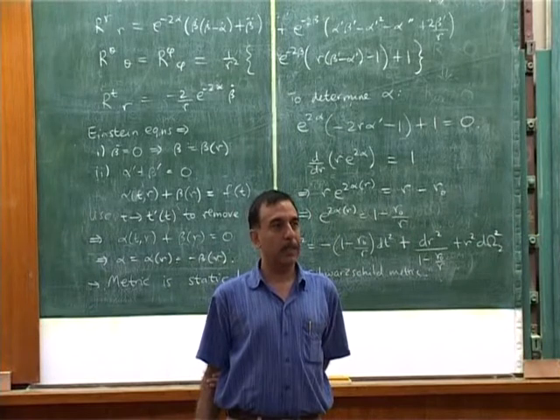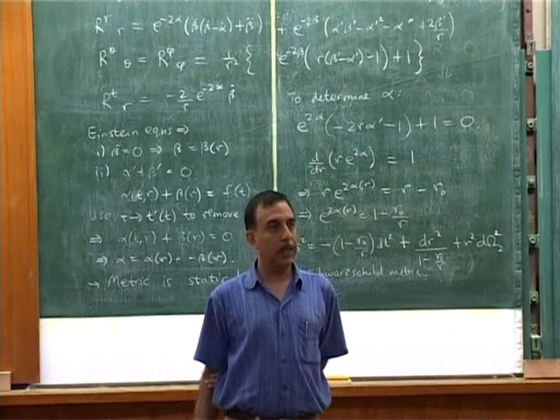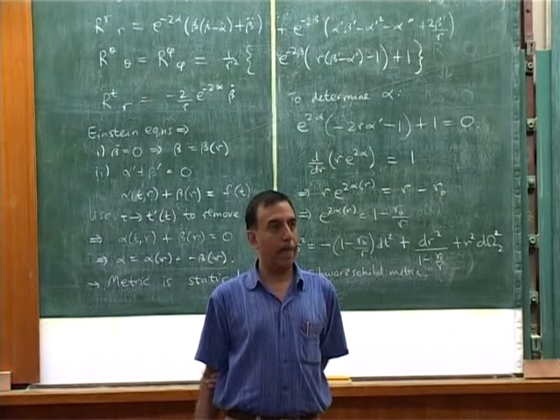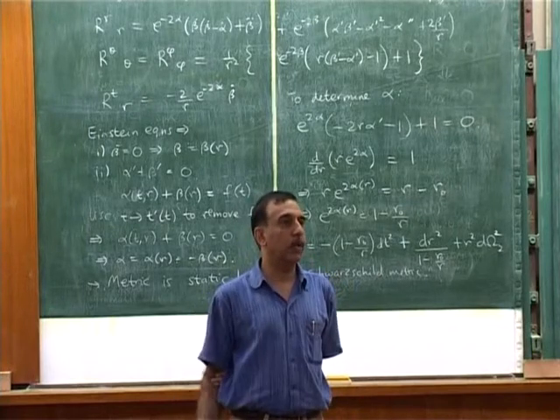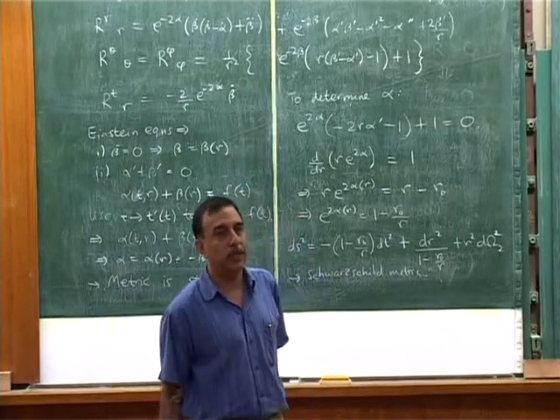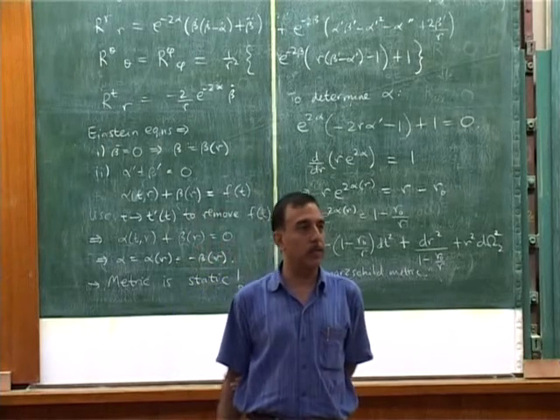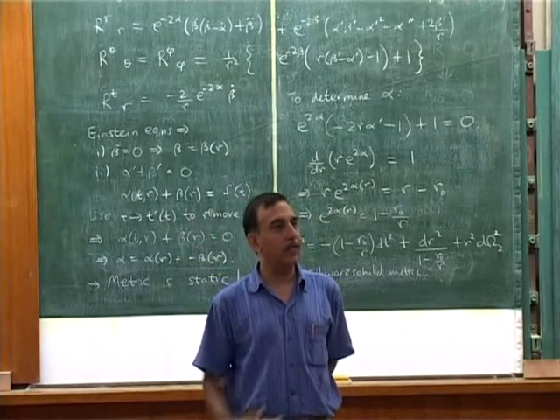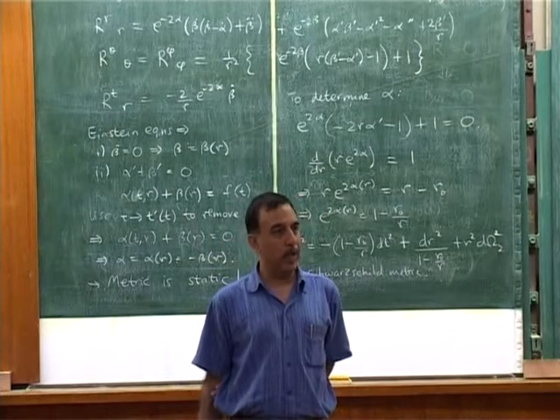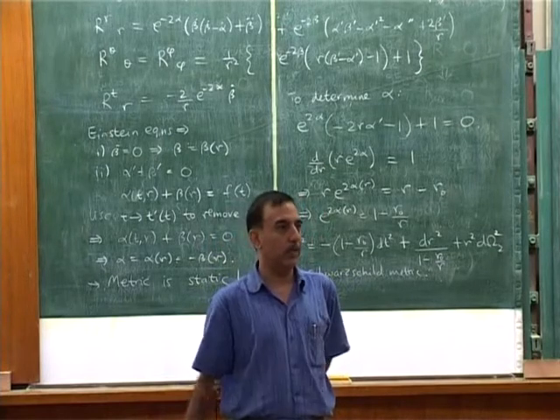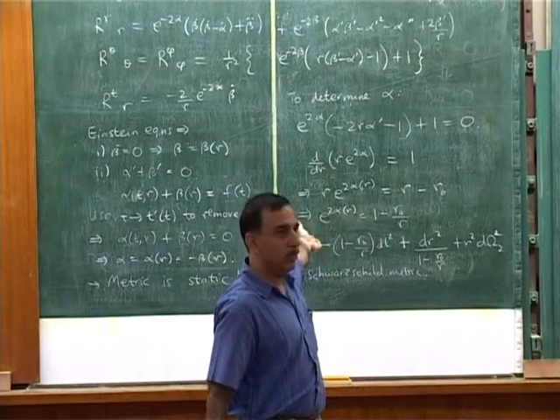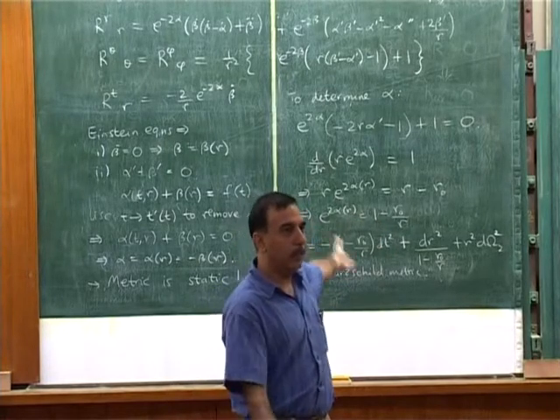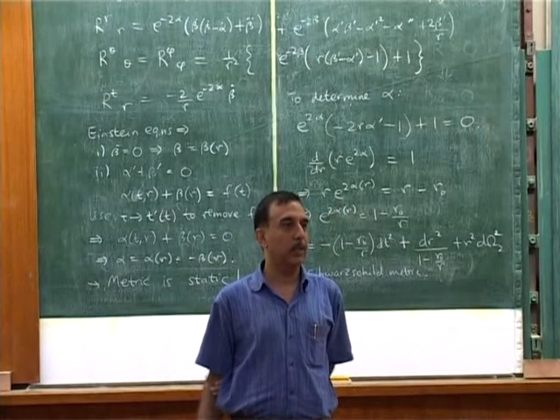Yes. The point is, in general, if you go to synchronous coordinates, the diagonal terms can become time dependent. Yeah, we are not going to synchronous coordinates. Here, synchronous coordinates require you to remove g0i and set g00 equals 1. That means setting alpha equals 0. A valid choice of coordinates, but those are not the ones we are making. In fact, we are not setting alpha equals 0. Alpha is the most important part of our solution.